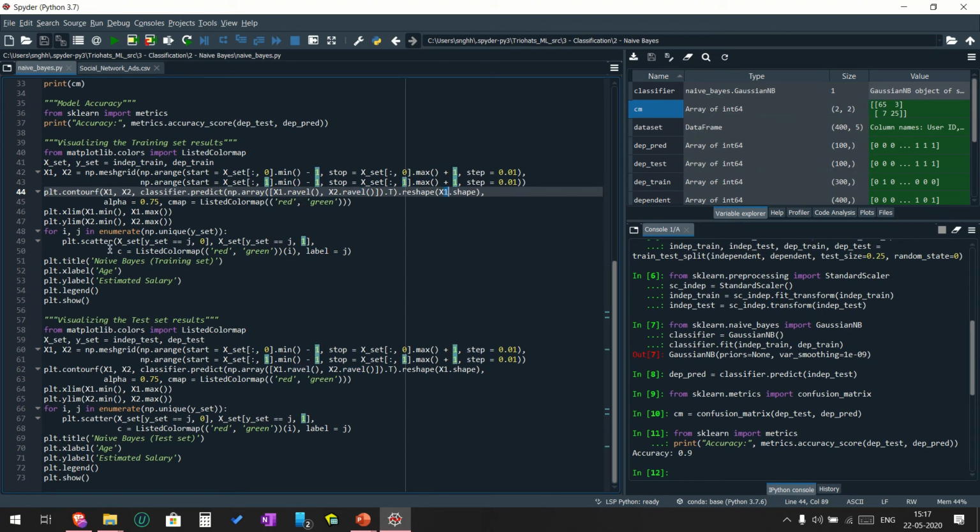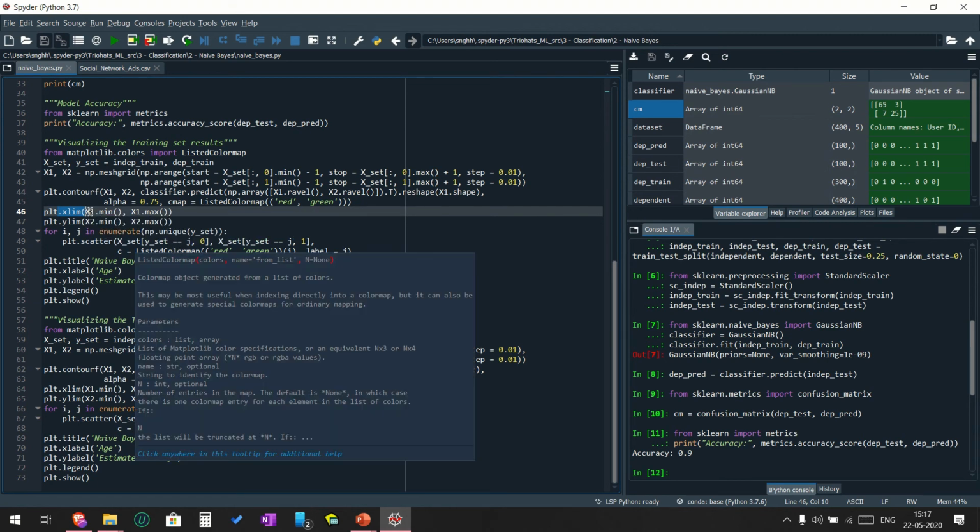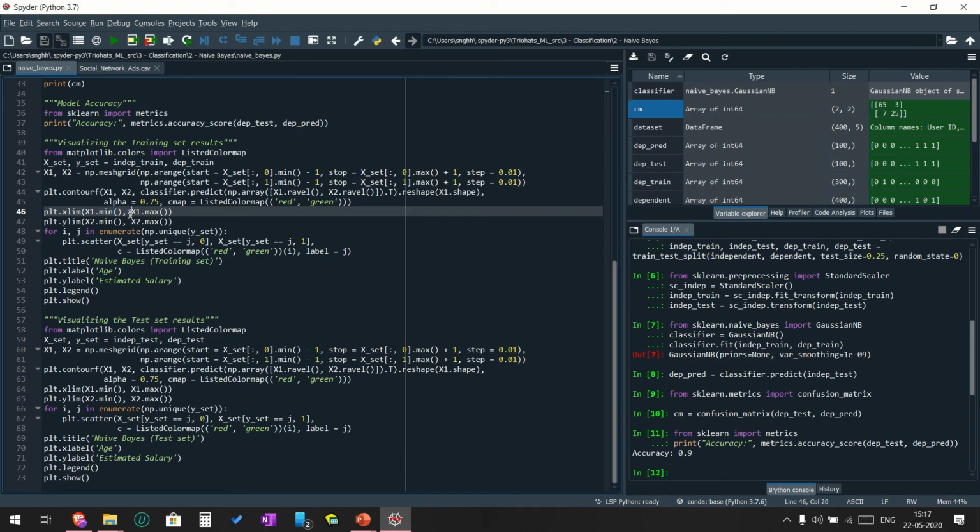And then we're using xlim. Xlim here is the limit. It is used to get or set the limits of the current axis. So we have two axes, x1 and x2, with the minimum and the maximum. And then we're using the for loop to print the scatter plot. The scatter plot here takes two values, the x-axis and the y-axis. The x-axis is being used with the independent training set.